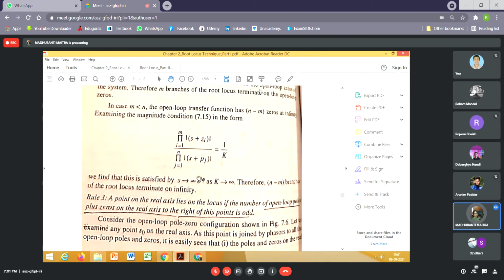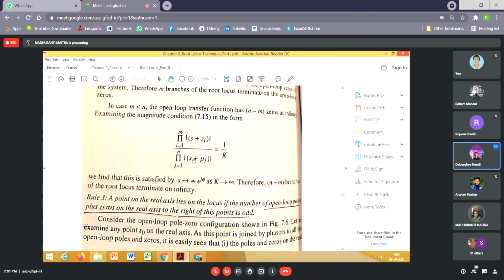This is the phase angle part, and since the point is located at infinity, the magnitude will be infinity. So s will be infinity e to the power j phi. Clear? Yes, ma'am. So in the left hand side, if we put the magnitude of s to be infinity, the left hand side will now become 0,